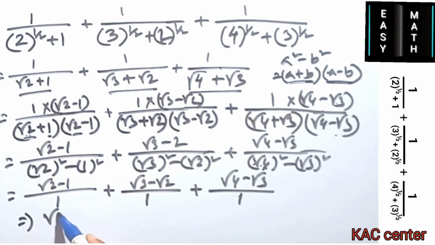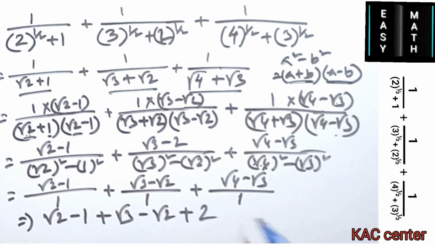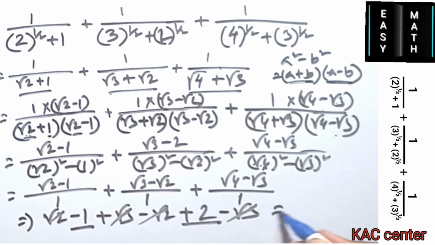So here root 2 plus 1 and root 3 plus root 2, and 4 plus root 3 we can write the 2, and there is root 3, so root 3 cut, plus minus, there is cut, and there is plus 2, there is minus 1, so plus 2 and minus 1, so value is 1,